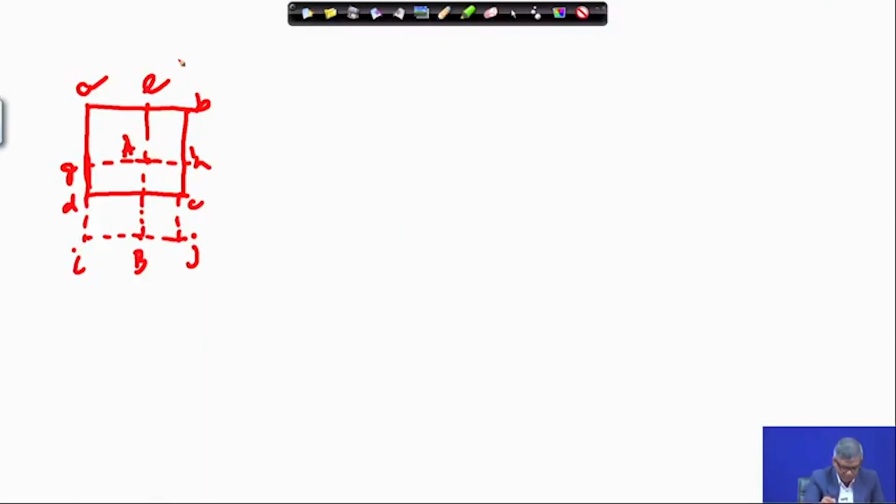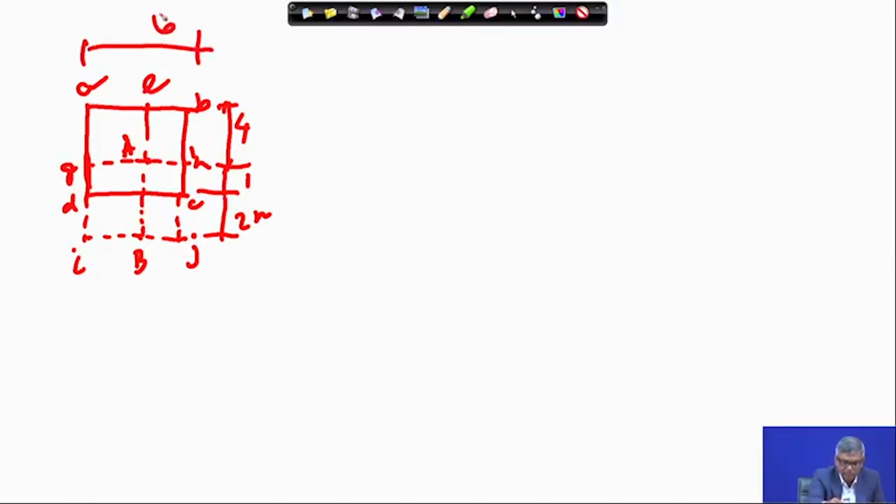So, this is 4 meter, up to this it is 4 meter, this is 1 meter and this is 2 meter, and this is 6 meter, this is 6 meter and up to this is 4 meter. This is not looking proportionate, just that is only for understanding I am drawing again, and our equation will be